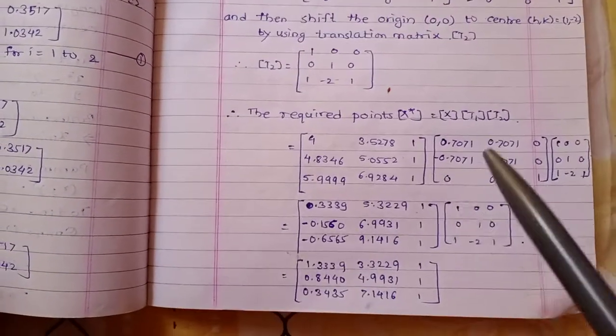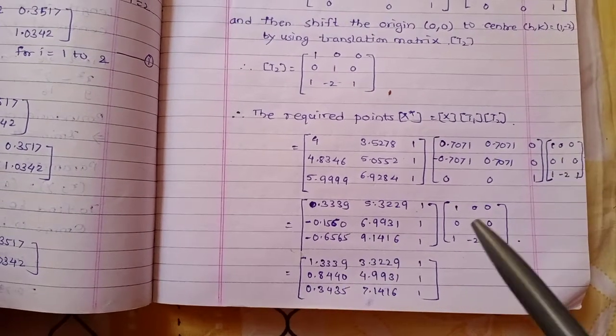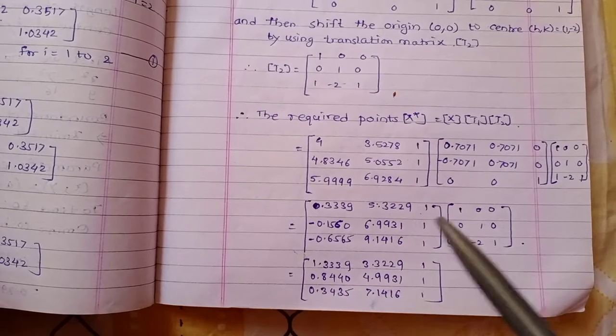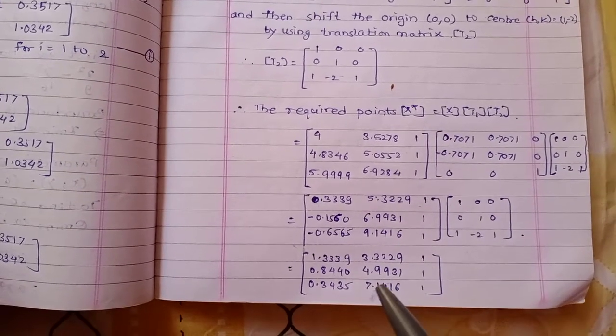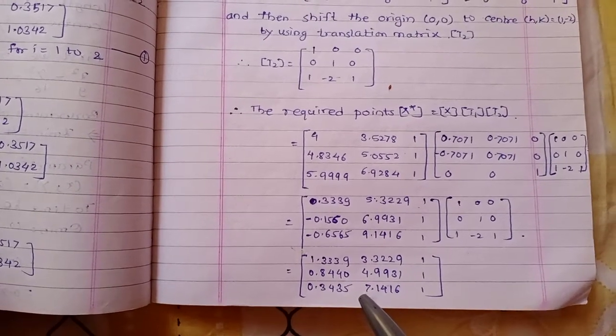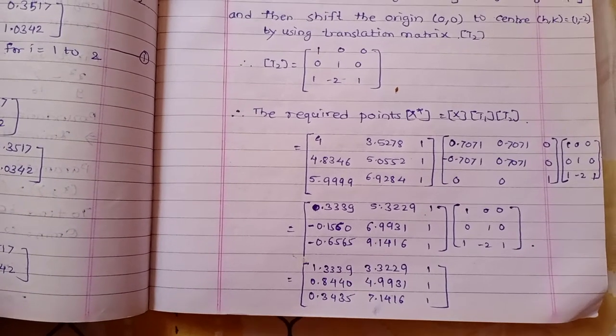We follow the multiplication of the first two matrices and we get this matrix. The third matrix we keep as it is. Again we multiply those two matrices in the usual manner, and we get this resultant matrix. Okay, so we stop our procedure here. Thank you.